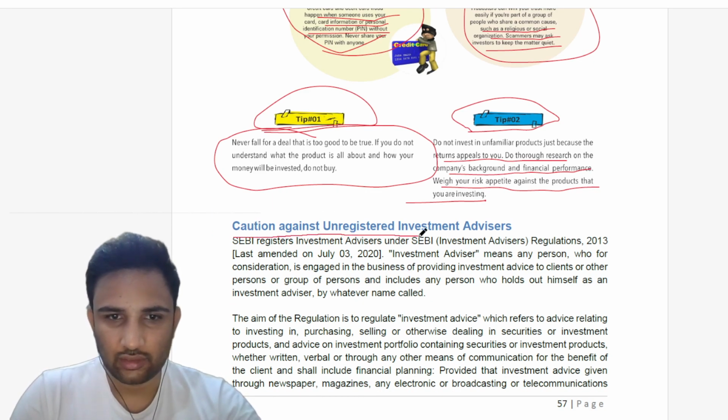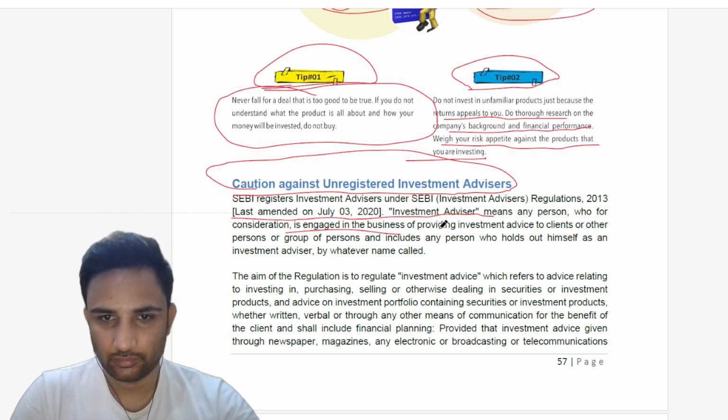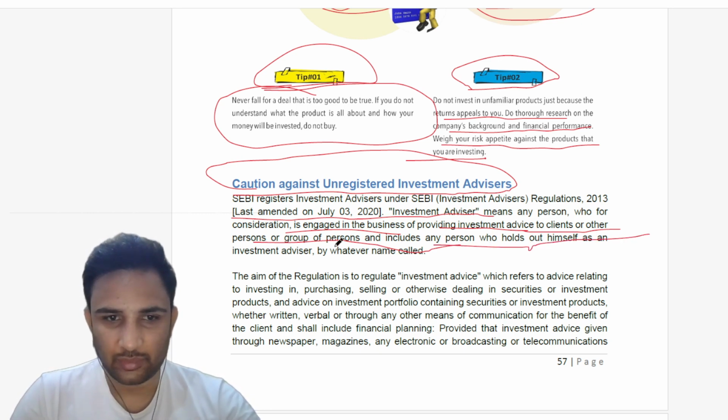Caution against unregistered investment advisors. SEBI registers investment advisors under SEBI Regulations 2013, last amended on 3rd of July 2020. Investment advisor means any person who, for consideration, is engaged in the business of providing investment advice to clients or other persons or group of persons, and includes any person who holds out himself as an investment advisor